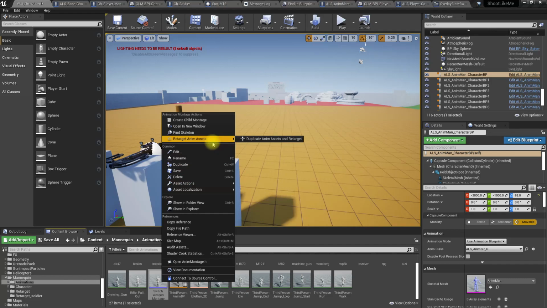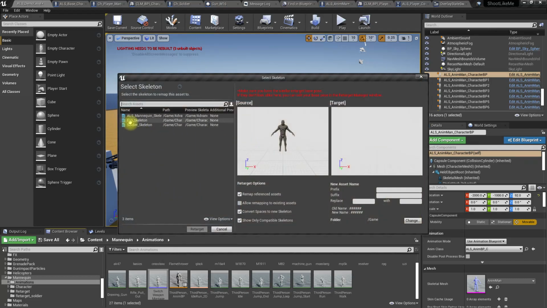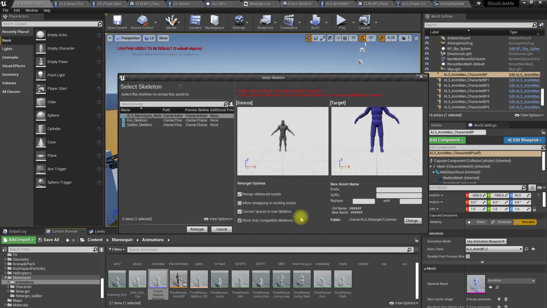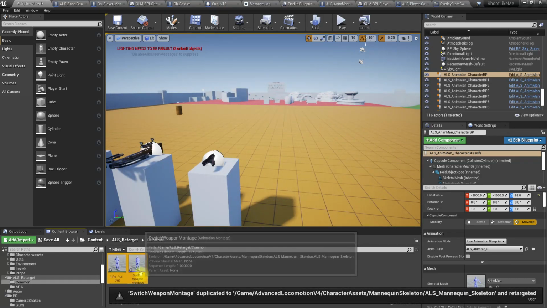Let's retarget it to ALS. Let's retarget. Let's create a function for the command, because this is not specific for a gun switching weapon, it's a common one. So select and retarget,